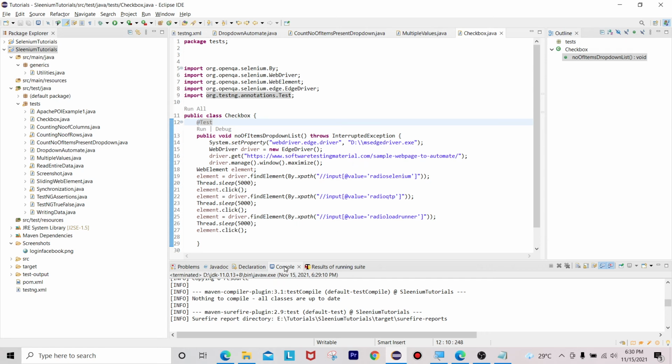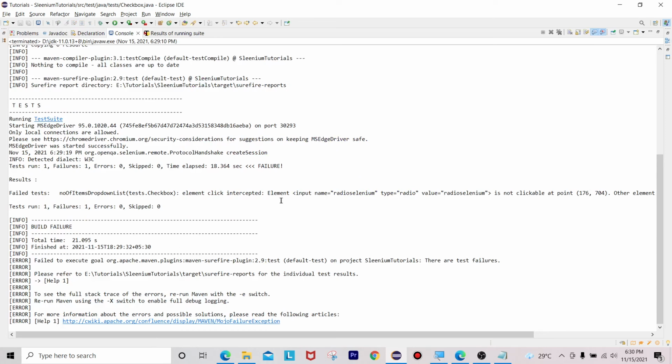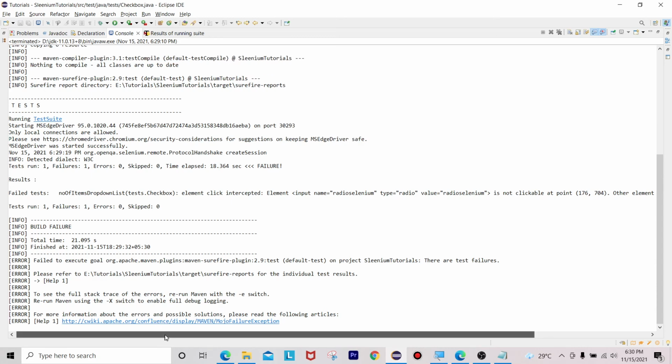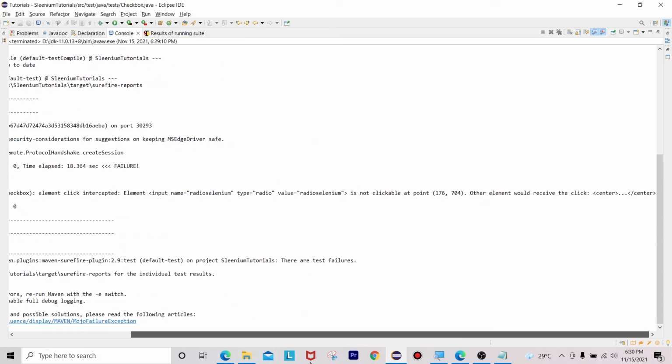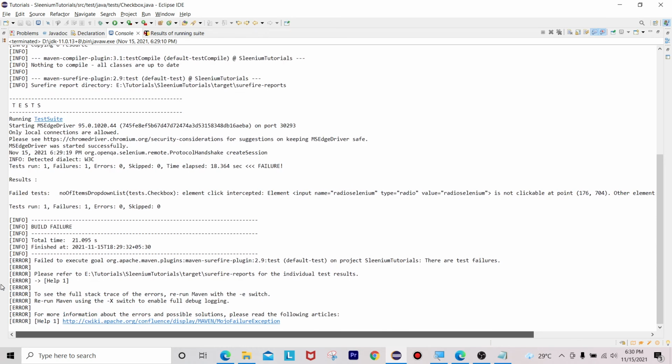What error is it? Element click intercepted. Input name type equals to radio Selenium is not clickable at point. Other element would receive the click.